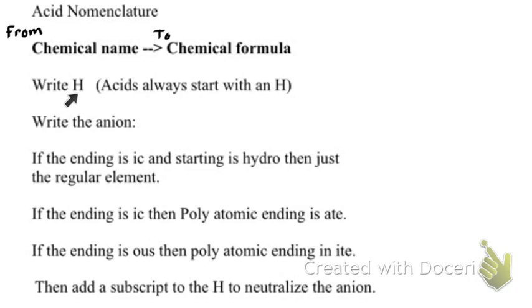Later on we're going to add subscripts to the H to figure out how many hydrogens we need. But step 1, if you know it's an acid, first step is to write an H, because acids always start with an H. Then next you're going to write the anion. Remember that anions are negatively charged ions. These can come in two forms. Anions can be either